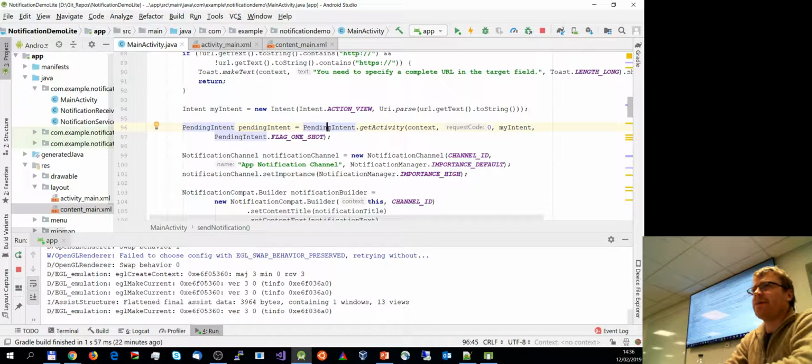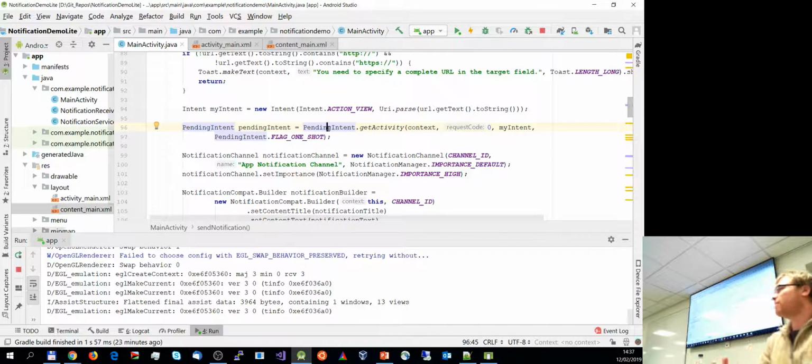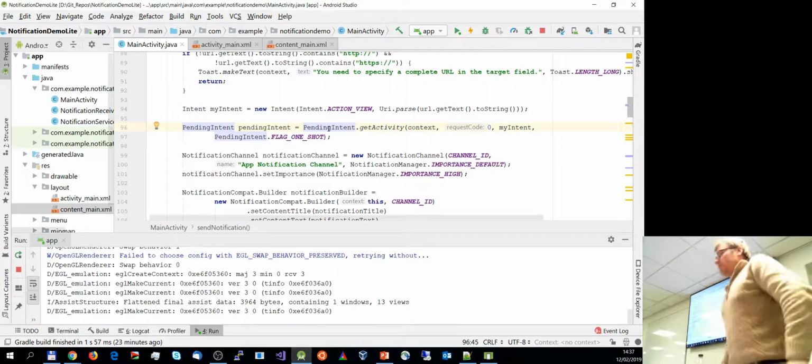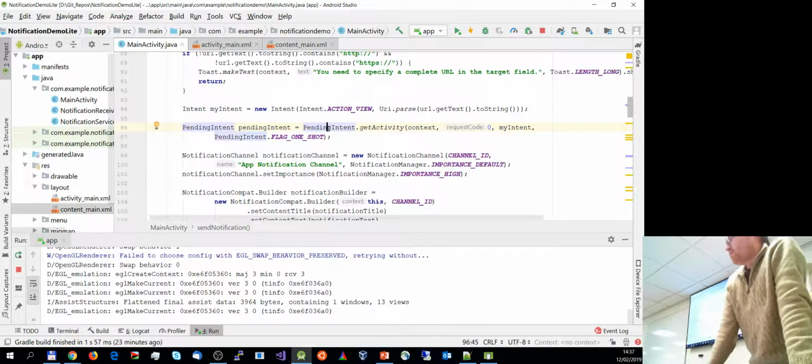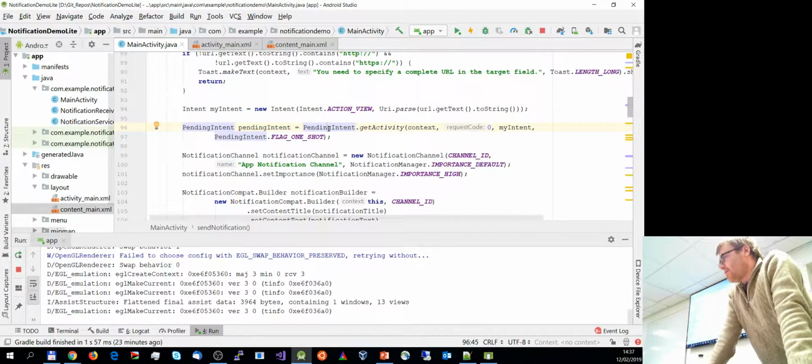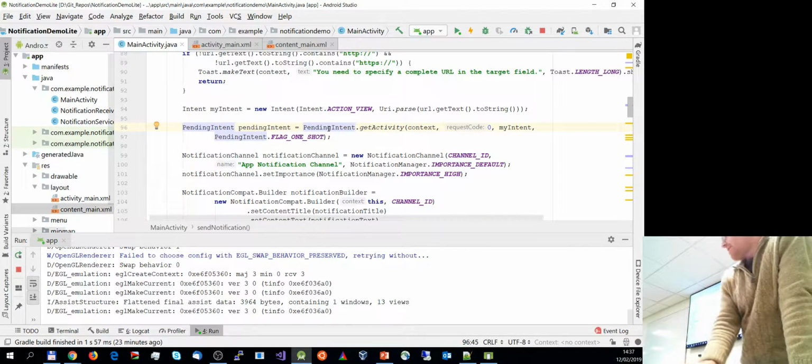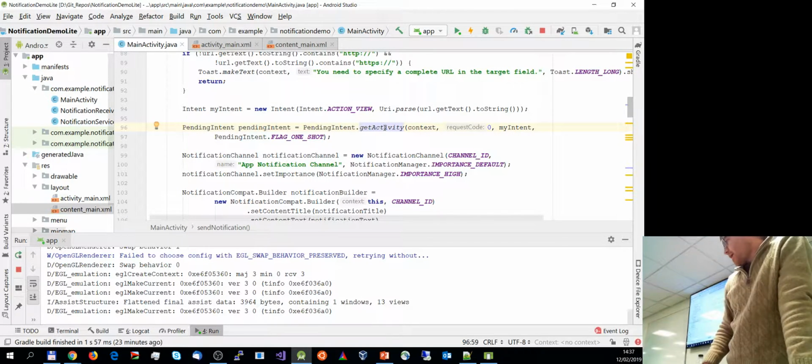And a pending intent is basically a prepared intent that is yet to be lodged eventually, right? So it's basically prepared to be activated as soon as the user presses the notification, interacts with the notification. You find various other uses for this one. For example, for proximity listeners, if we talk about geographical use of GPS for geolocation, then we have a similar kind of mechanism. But here it's the pending intent, and the pending intent is targeted against an activity, and